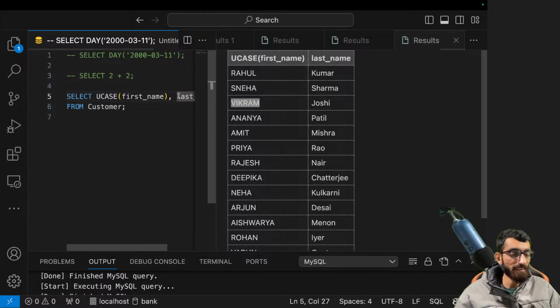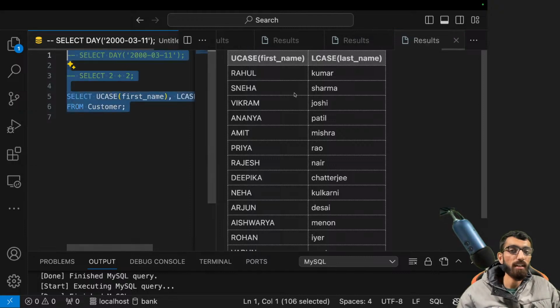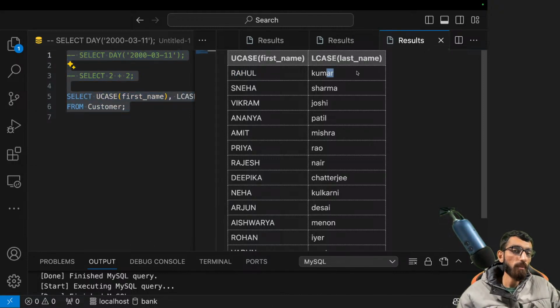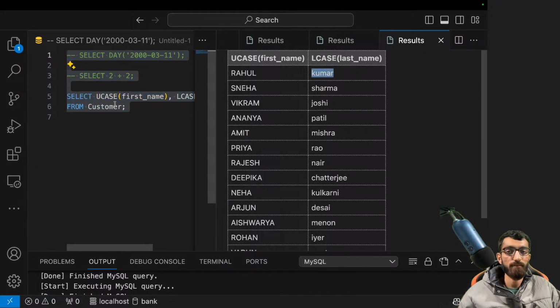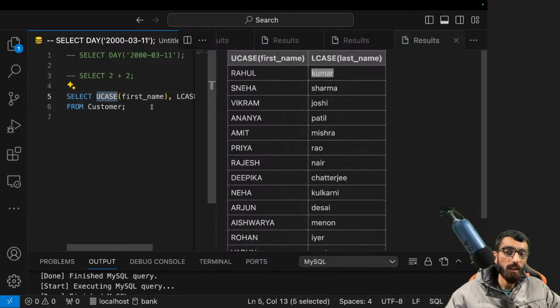Similarly, there is LCase. Let's run it. And you get Rahul Kumar. So now this is all lowercase. Cool. Lot of functions. Uppercase, lowercase. There is also, I think,